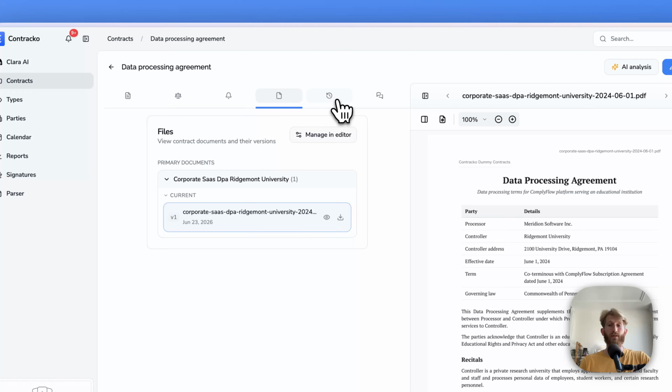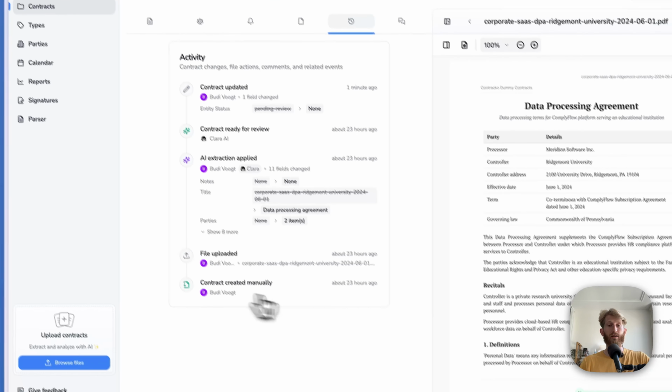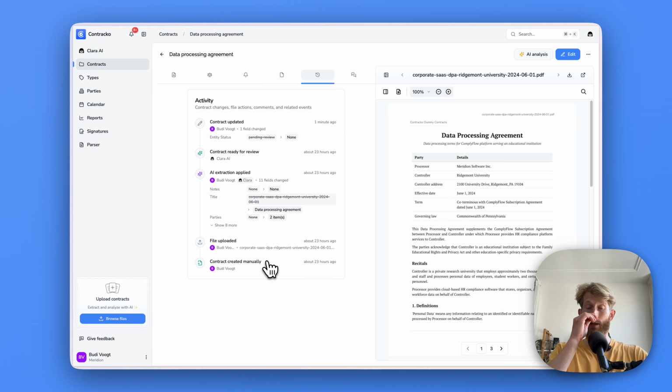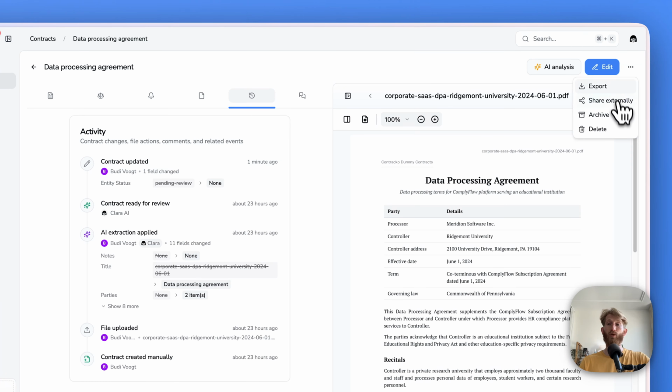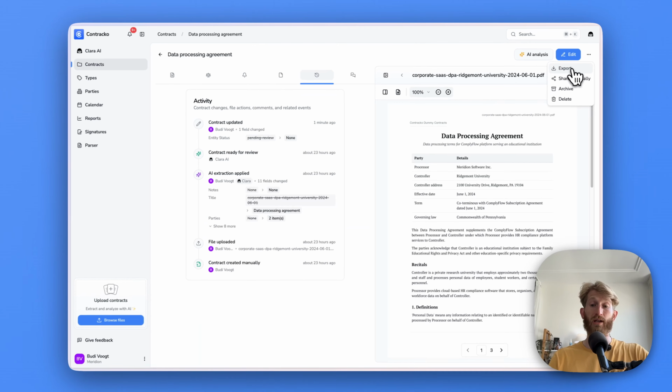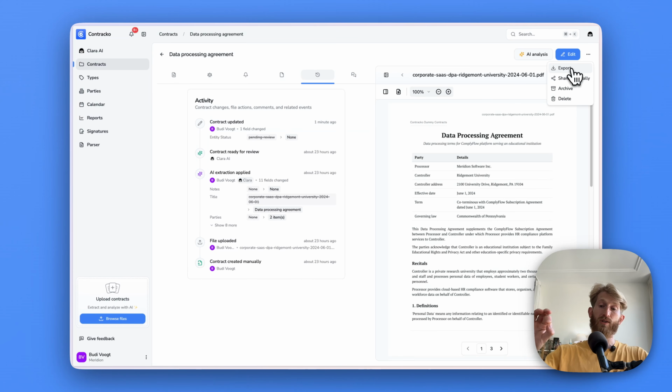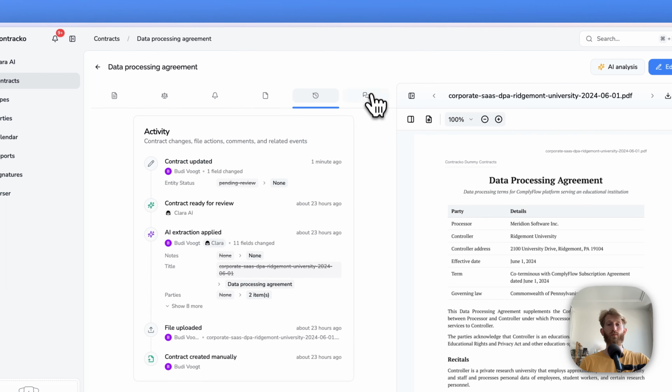Now, something else that our system does is it tracks an audit trail of how the data in a contract came to be. When you work with a team, this is great because you're able to see how everyone has contributed. And that's also available when you run an export. So the export will give you the files, a spreadsheet with all the information in the contract, and a separate spreadsheet with all the audit trails, which is great for backing out redundancy when you're being audited, maybe in mergers and acquisitions if you're creating a data room.